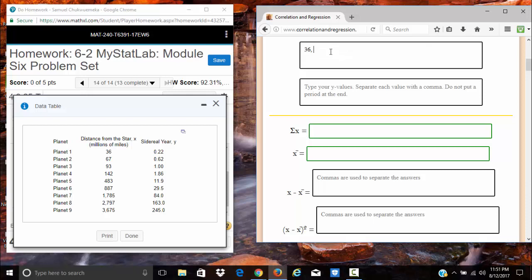We have 36, 67, 93, 142, 483, 887, 1785. Please don't put 1,785. No, just write it as is: 1785, 2797,